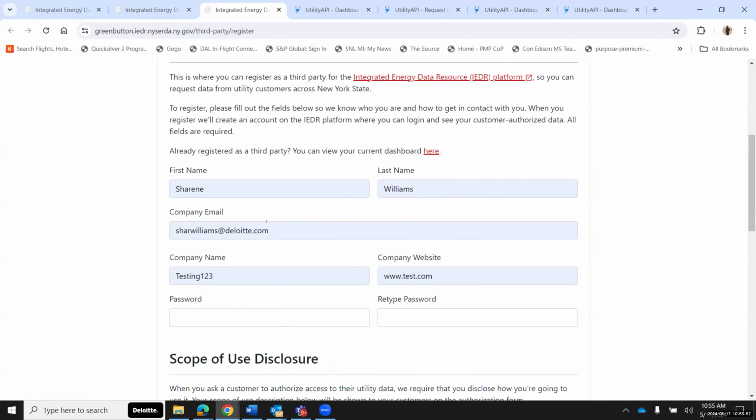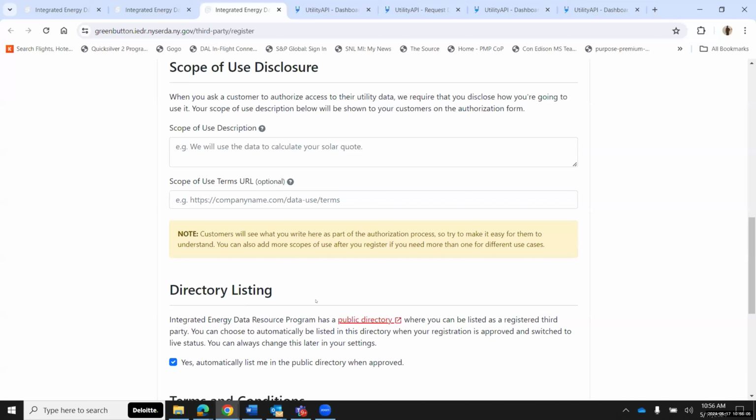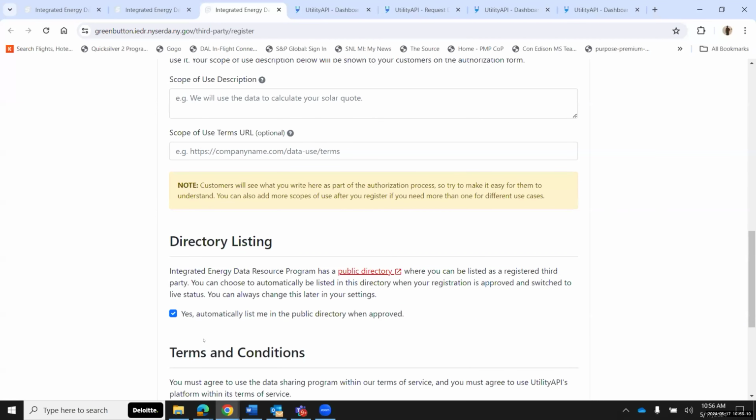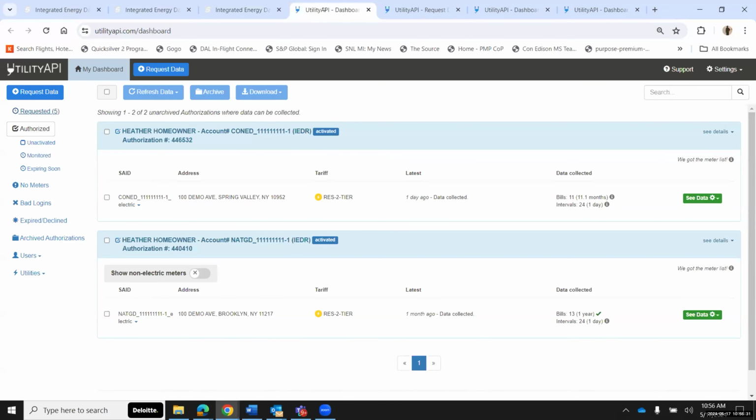So you have to provide some basic information. And then items such as scope of use disclosure and directory listing can be edited now and then edited later. I will say, because it's in sandbox mode, you will not be listed on the actual directory. You will have to agree to terms and conditions. So, provided you go through the registration process and the team approves your registration,